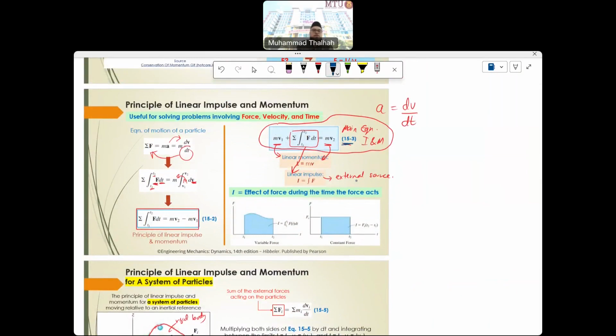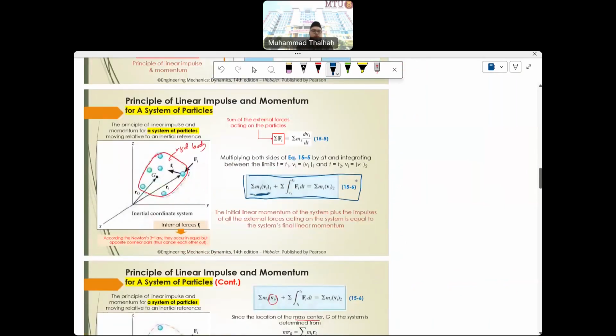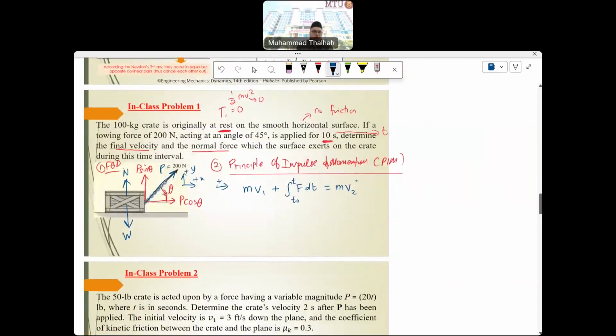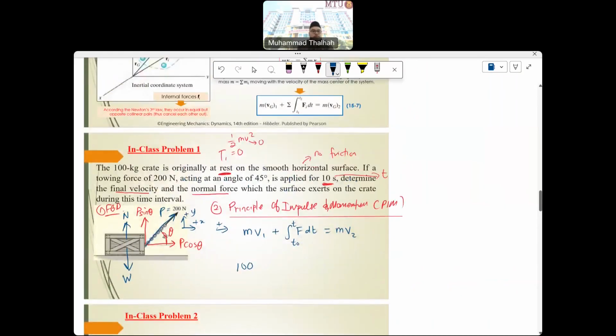If you have a single particle, then it's going to be just mv1. If you have multiple particles, you're going to have to add up all the m times v, all the linear momentums, right? Okay, by the way. So we have the mass of the crate. Let's put it 100 kilograms times what? What is the velocity? The velocity at point 1 is 0, right? Because it's at rest. Remember, we have figured this out earlier. So let's not write everything and just say it is 0. 0 plus,